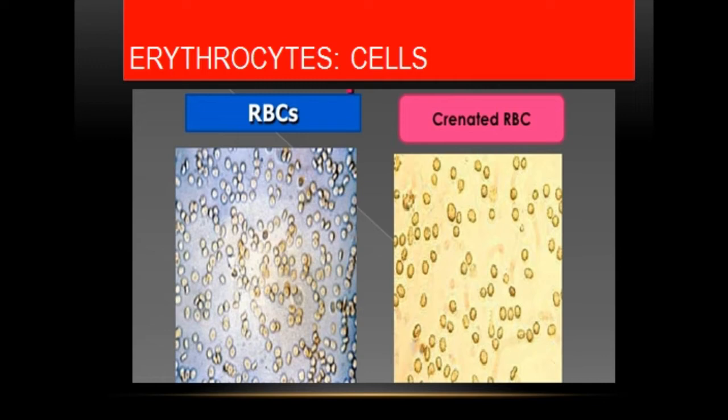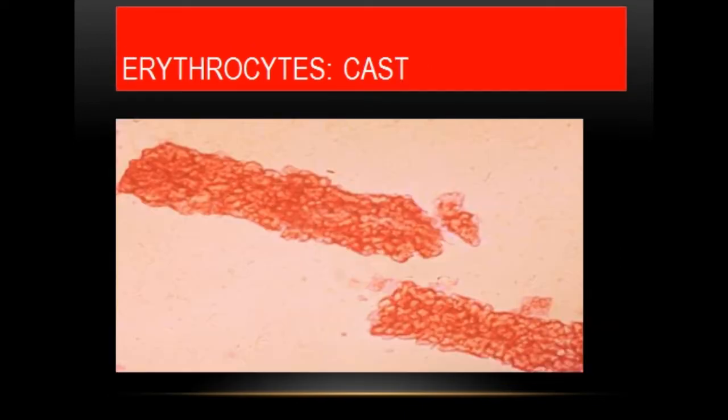It means that it happens when urine is not immediately checked by microscopy and is kept for more than 24 hours. If it contains RBCs, then the shape of the RBCs may change, and you may detect crenulated RBCs instead of normal RBCs due to the osmotic pressure. Whatever the type, it means that RBCs are present, which means there is damage to the glomerulus. RBCs mainly form casts in this shape, and they form a clump and are identified as RBC casts.